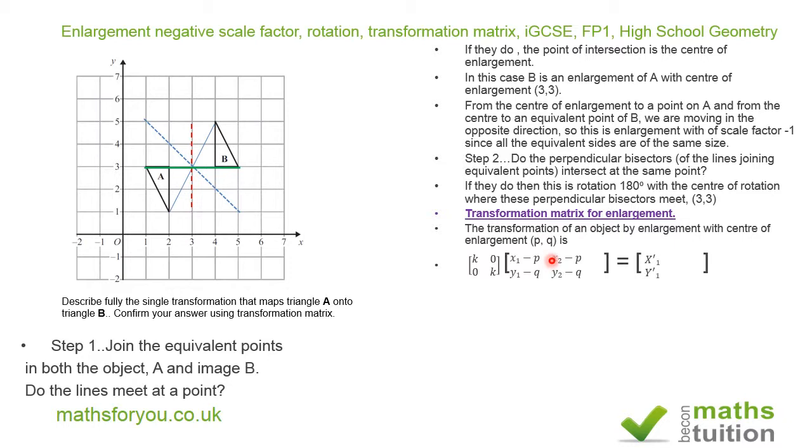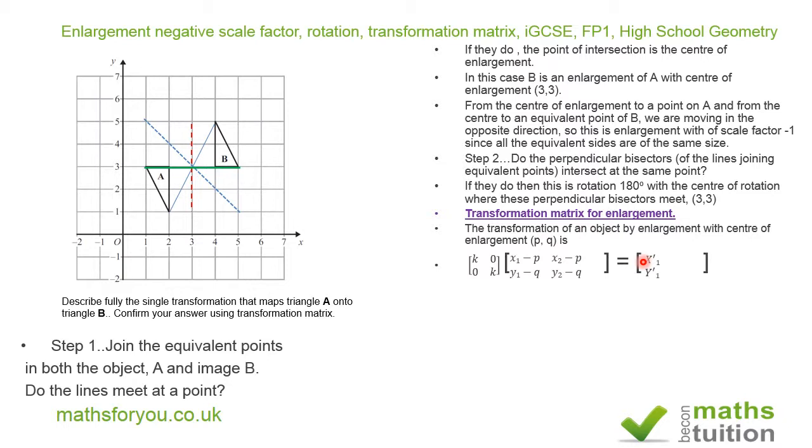We do the same thing for points x sub 2 and y sub 2 on the object, and then subtract from x sub 2 P and subtract from y sub 2 Q there. And of course, we do the same thing for x3 and y3 as well. And we come up with the answer. When you do your multiplication,